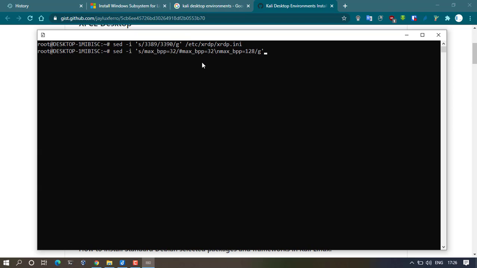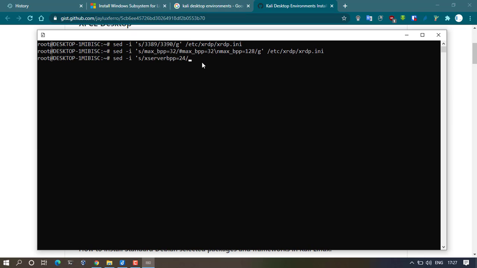This just promotes a higher quality when you do an RDP session visually. So you can see that has been added. The last thing that we need to do is sed -i s/xserver_bpp=24